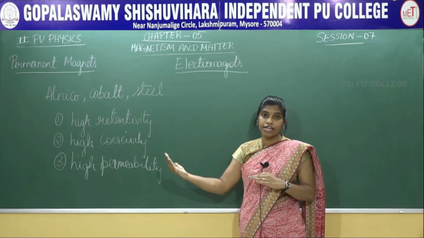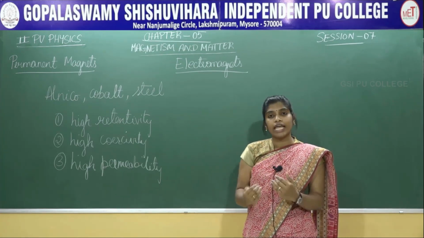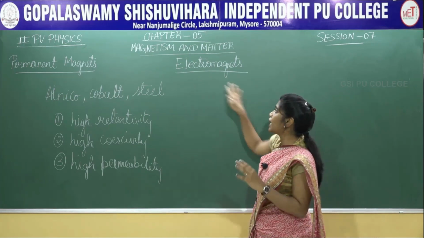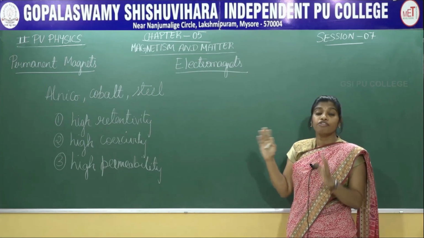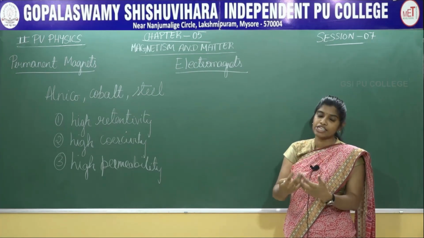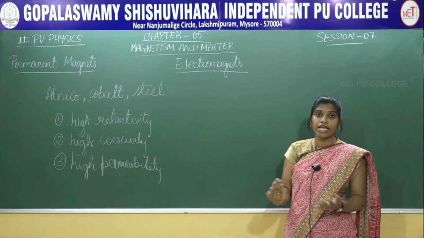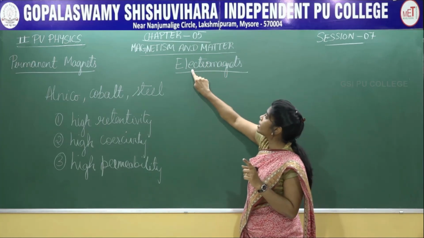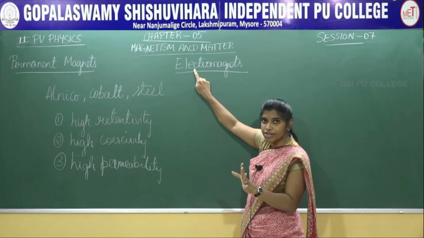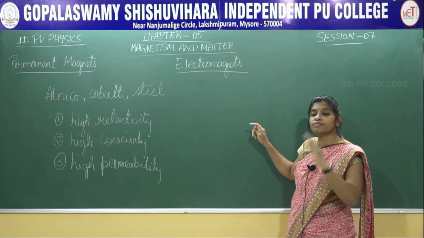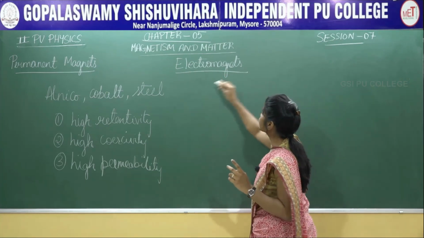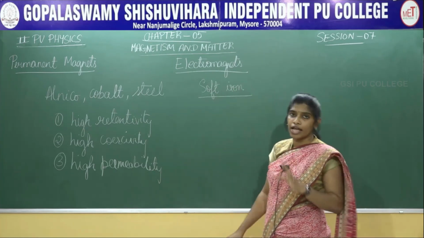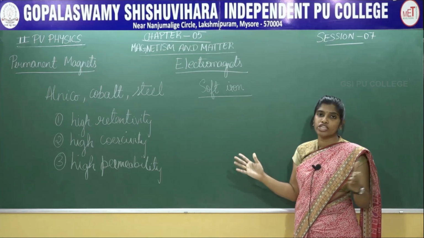We have studied this earlier. A soft ferromagnet does not retain any magnetization when it is removed from an external magnetic field. So electromagnets are those soft magnets which do not retain any magnetization after removal from the influence of an external magnetic field. Electromagnets act as magnets only when they are under the influence of a magnetic field, or only when the electric current is passing through them. An example for an electromagnet is soft iron, and soft iron has a huge range of applications.